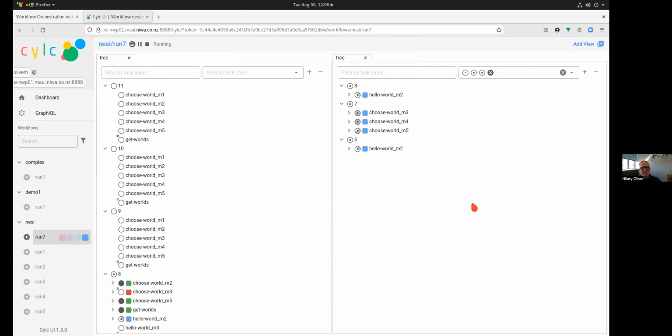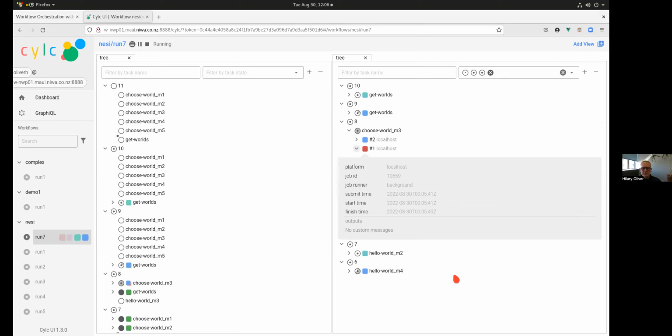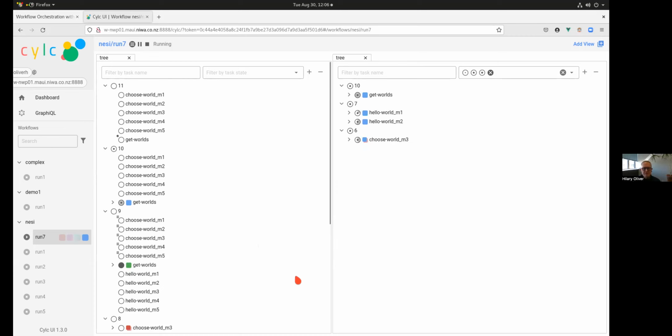So this new UI is something of a work in progress. We don't yet have a dependency graph view like the old Cylc 7 UI did, if you ever used that desktop UI. But that's one of the first things that's coming. So the idea is that if you've got a complex workflow, you want to be able to drill down and see exactly what's going on in it, and intervene in its operation if you need to, or just monitor it.